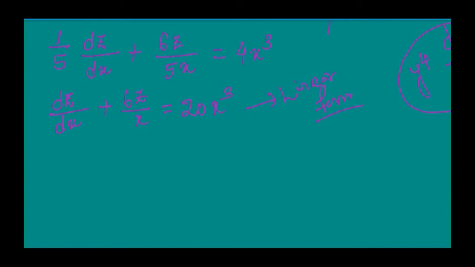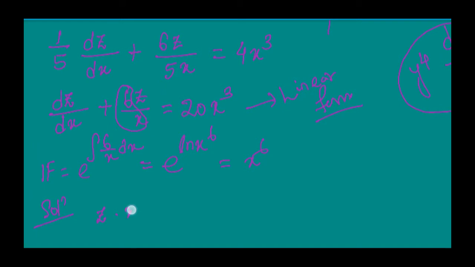So it can be solved as, we have to find out the integrating factor. Integrating factor is equal to e to the power integration of Px. Px is 6 by x. So e to the power integration of 6 by x dx, which is equal to e to the power ln x to the power 6, which is equal to x to the power 6. And if we multiply both sides, then it will be exact. This is the integrating factor, and the solution can be directly found out by y, here it is not y, it is z.